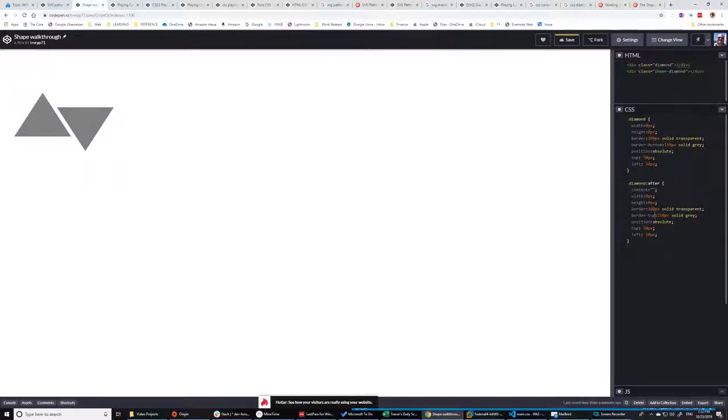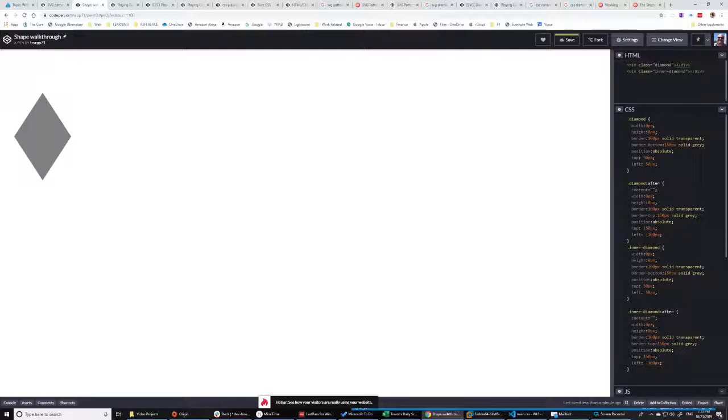Now it's not in the right position, but that's easy enough to figure out. We just have to align everything to the right positioning. So I need to move it more to the left, and we've now got a diamond. But I want to take this one step further, and I just want to show the diamond outline. So all I would do for that is copy all this code here and paste it. And you'll notice that I had created an inner diamond class. So I'm going to give my inner diamond